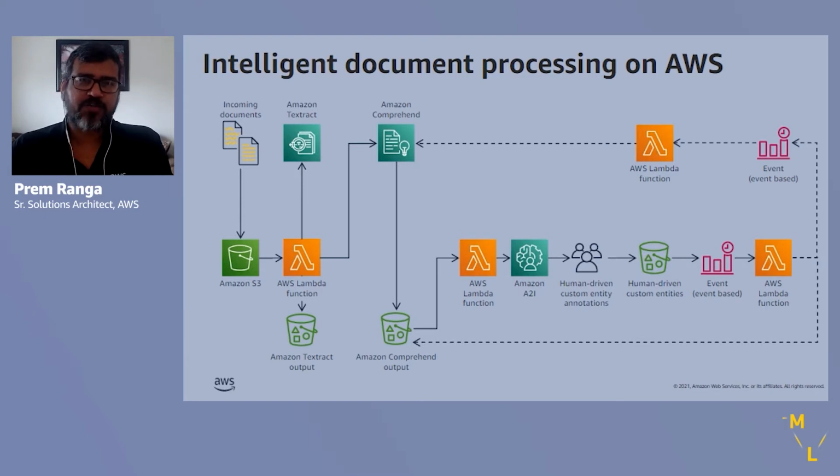And to this S3 bucket, I've attached AWS Lambda, which is our serverless compute service solution. And this AWS Lambda trigger will wake up as soon as a document is received, and it will call the Amazon Textract API to extract the contents of this document. And subsequently, it will take that extracted content and it will call an Amazon Comprehend API, which is trained to recognize entities from this textual content.